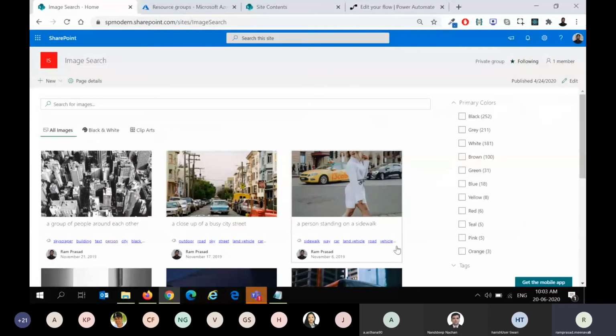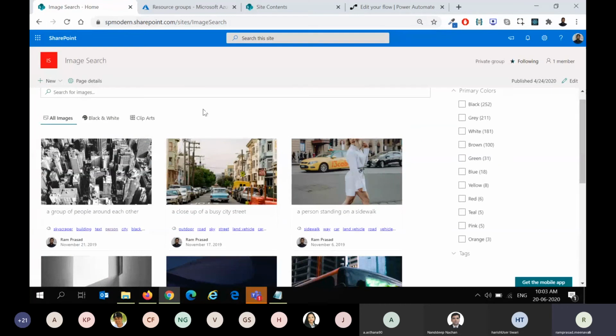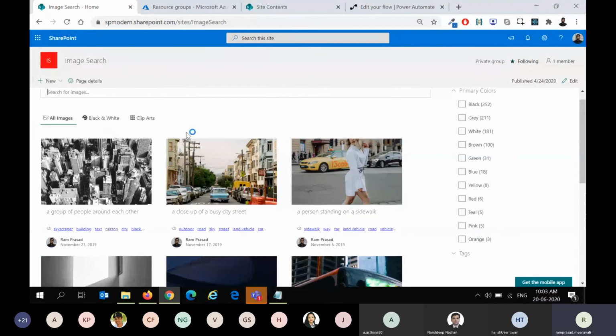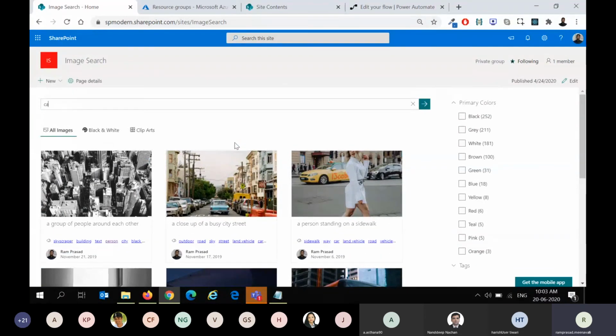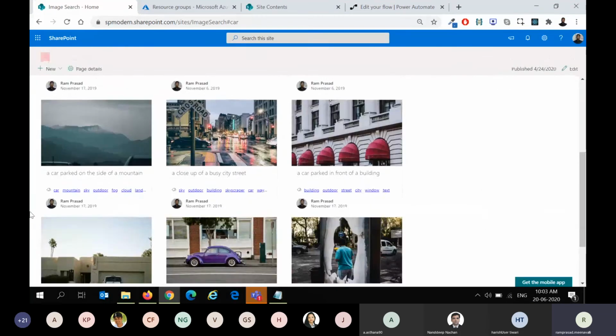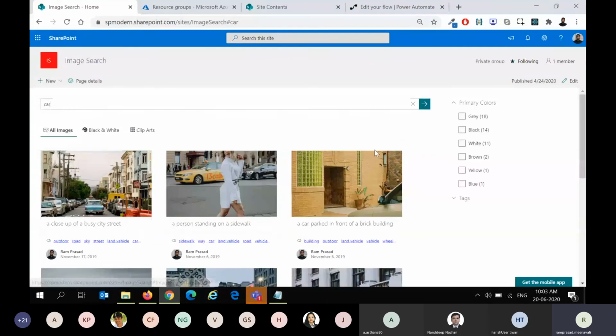So before we jump into Azure Computer Vision, this is what we are trying to build, right? This is a SharePoint site which has PnP modern search parts, and there are a couple of things in the background for this solution to work. I'll touch upon those in a few minutes. But if you look at the end solution, this is how it will work. It is showing me all the images, and I can quickly search for things. So let me search for a car. Hopefully I have uploaded some images with cars. Yeah, so it is showing some images with cars, right? And then let me search for some wildlife.